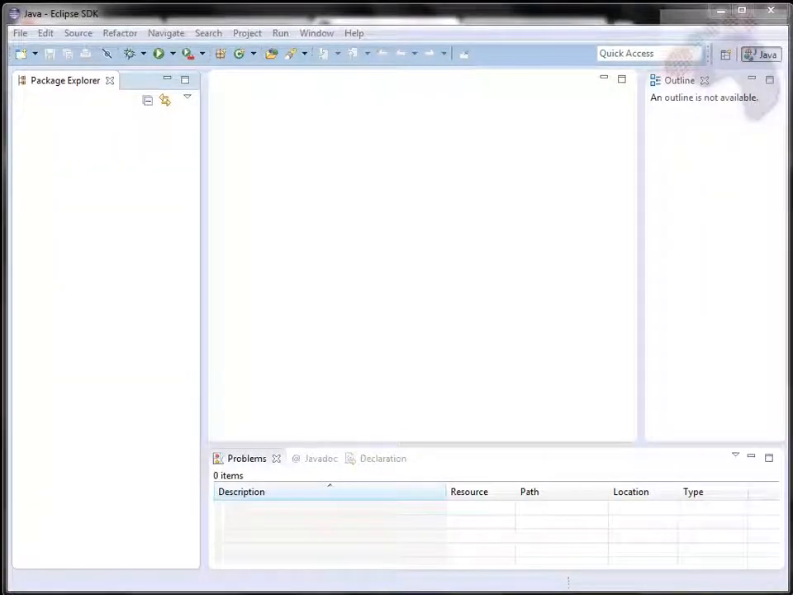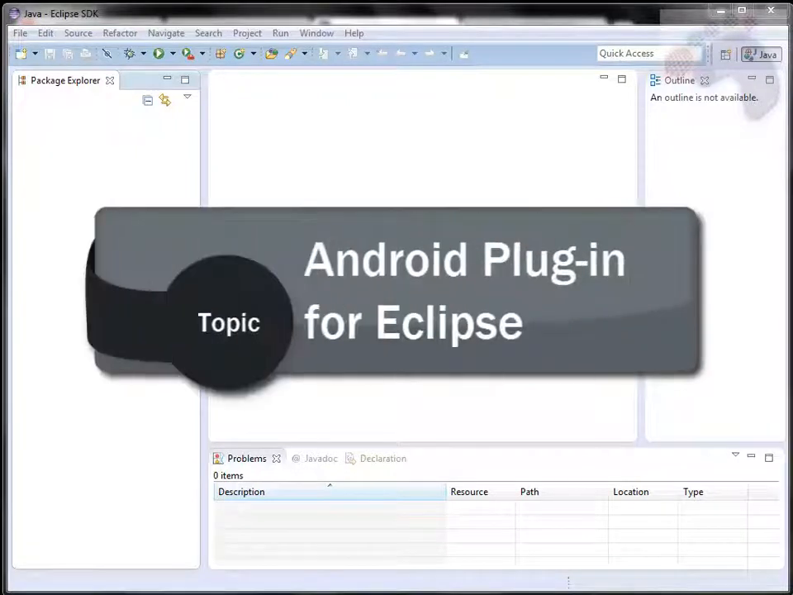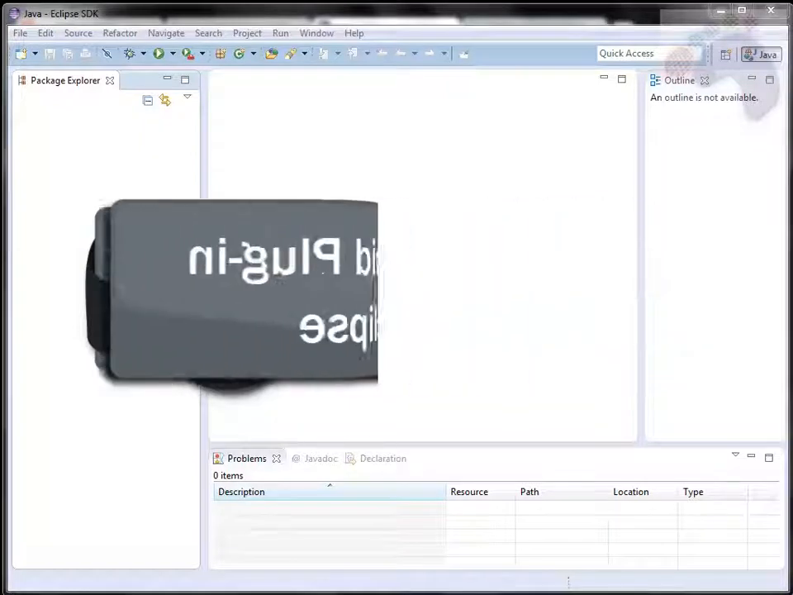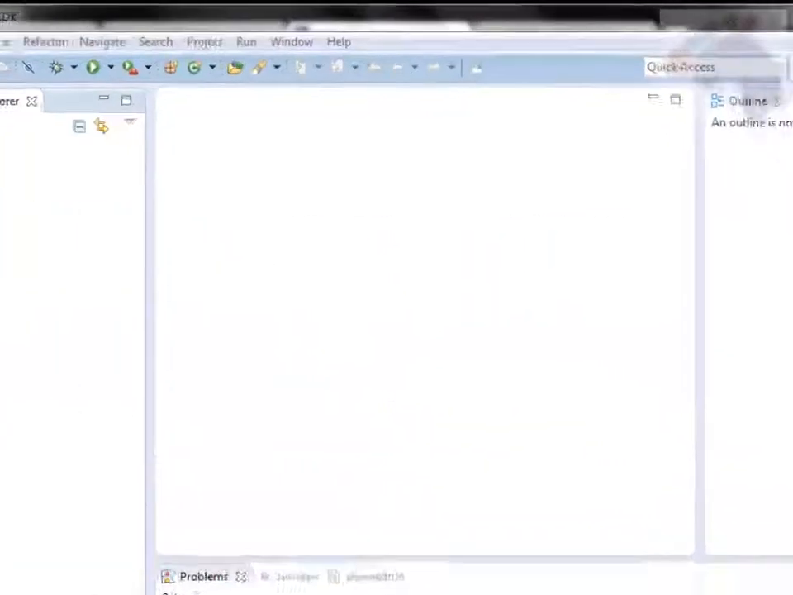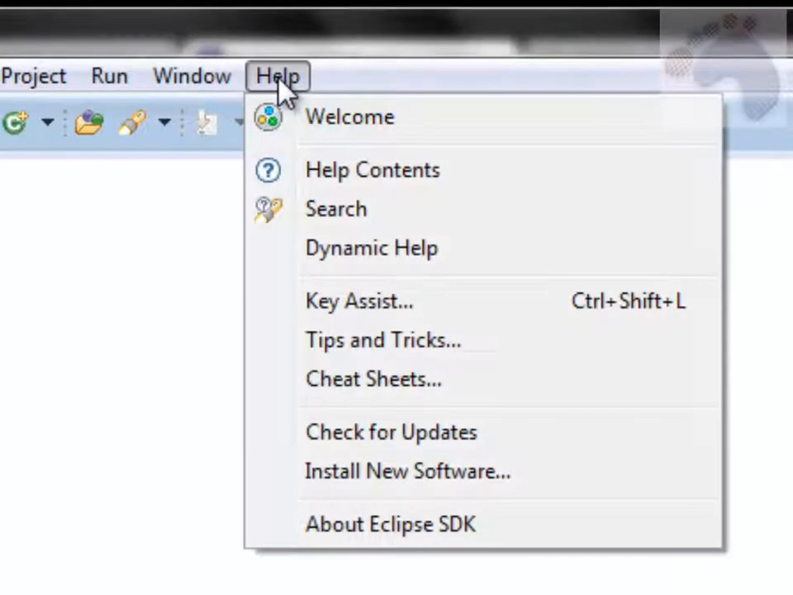So now the next thing we need to do is allow Eclipse to access and use the Android SDK and tools that we downloaded in a previous video. For that we need to download and install a plugin. That plugin is called the Android plugin for Eclipse. To do that we need to go to Help, Install New Software,